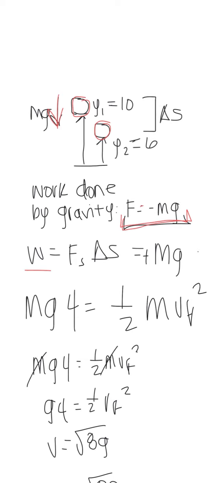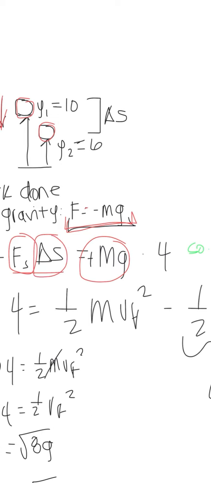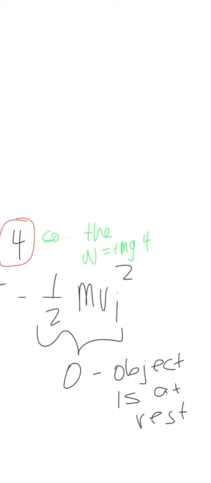So we know that the work is the force in the direction of the displacement times the displacement. And the force in the direction of the displacement is mg, and it's positive because we're going from a higher to a lower position. So we're going in the direction of the force. And then the displacement is actually 4 because 10 minus 6 is 4. So the work that the gravitational force does is